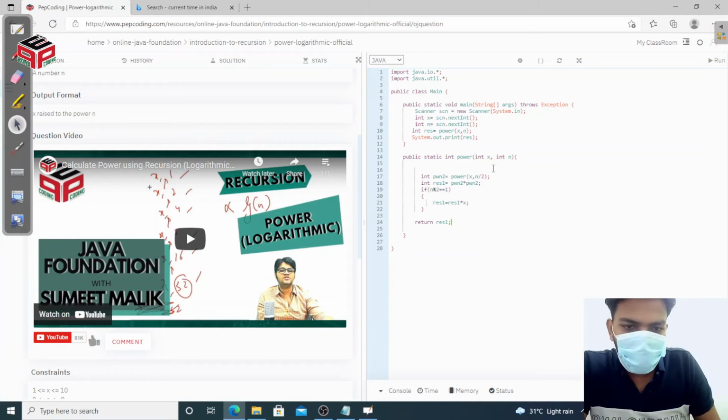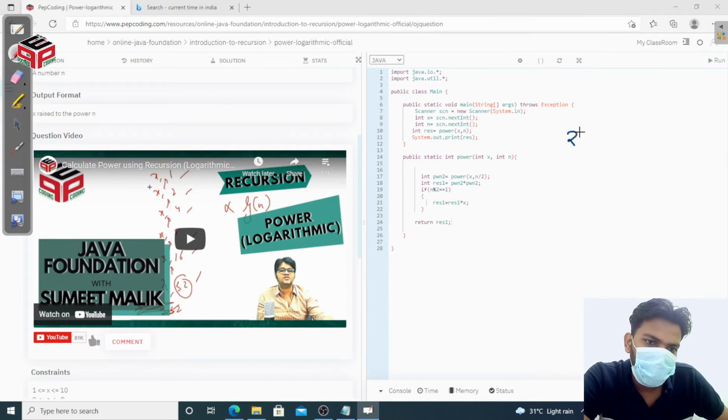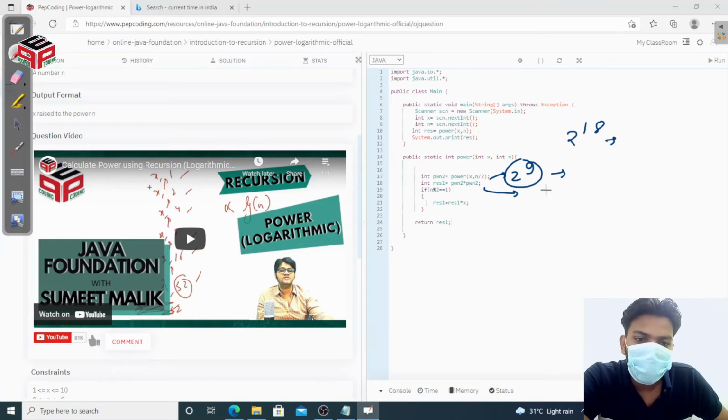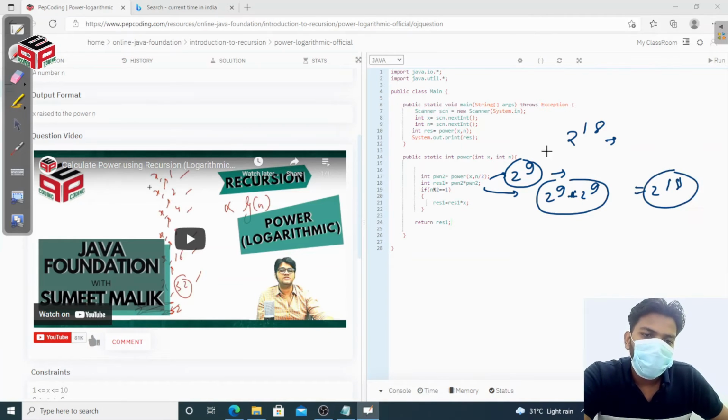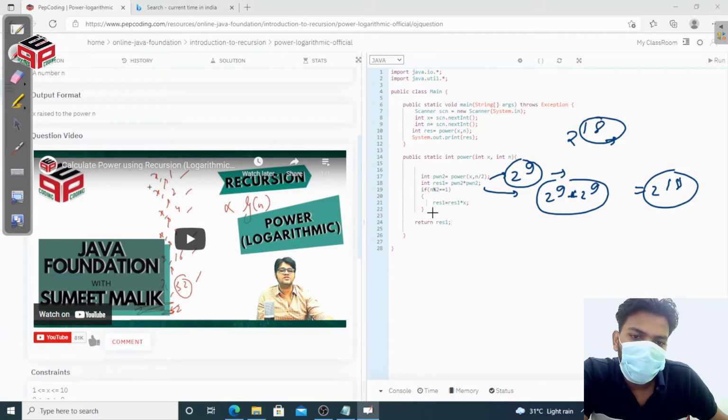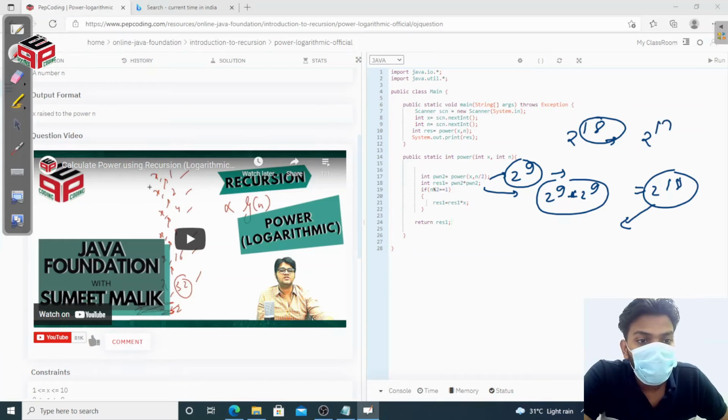What we are doing is, if we want to calculate 2 to the power 18, first we check for even, then we halve it. This will give me 2 to the power 9. When we get 2 to the power 9, then our half and expectation meet each other, and we multiply 2 to the power 9 by 2 to the power 9 again, and we get 2 to the power 18. So from this half we calculate the result and check whether n is even or odd. Because 18 is even, it doesn't do anything more, and we return 2 to the power 18.